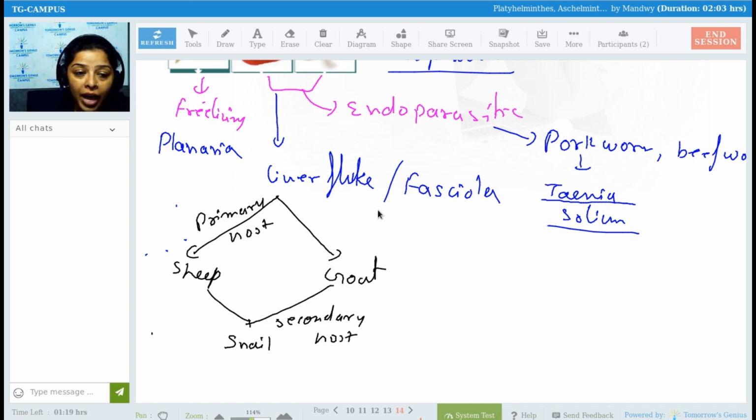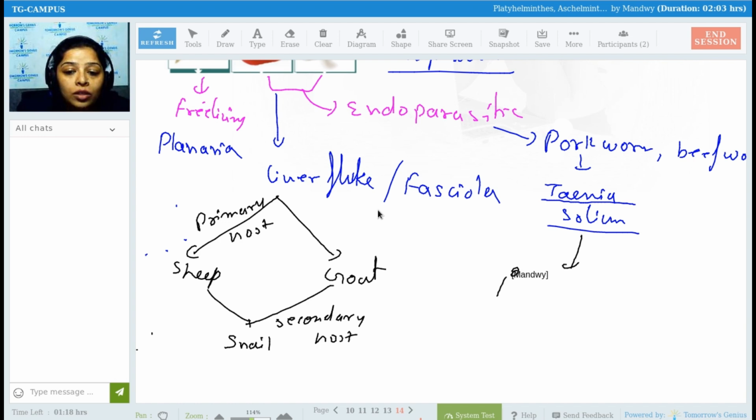Taenia solium, as I told you, is a pork worm. Okay, and another species of Taenia is a beef worm. That means one of their stages of the life cycle they are completing in pork and beef. Pork is what? Pig. Beef is what? Cow. So, for example, Taenia solium, they are completing their whole life cycle in